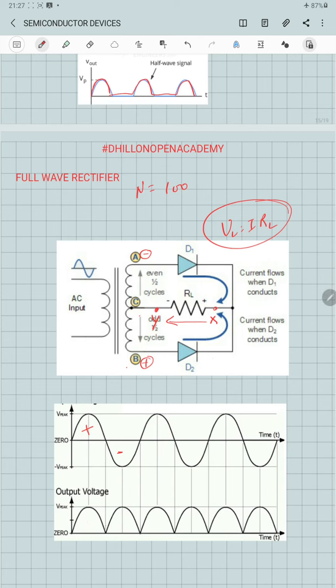So in this case, by using two diodes connected with this center tap type of transformer, both the half cycles, positive as well as negative, of an alternating current can be rectified in order to obtain a unidirectional flow of the current, that is AC can be changed into DC. And in this case, the output voltage appearing across RL will be like this, and it will have lesser fluctuations present in it due to rectification of both the positive as well as negative half cycles.